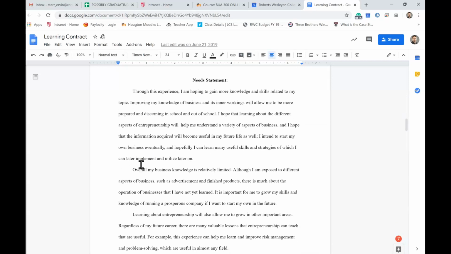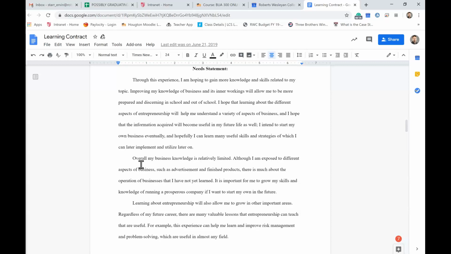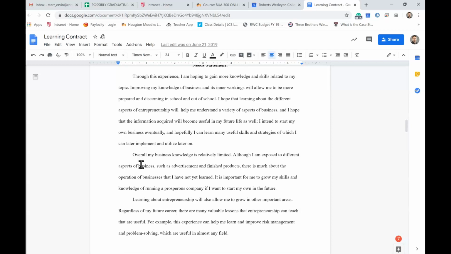So the needs statement can be half a page to a page and a half, but it really needs to focus on doing just a few things. It should tell me what you are trying to learn. So the title that was given is the topic, but you should articulate a little more detail about that topic. You should tell me why that topic is important for you to learn. And so make a connection back to why this is a relevant